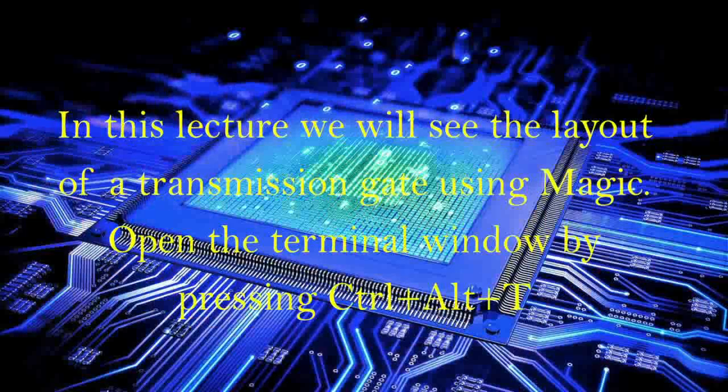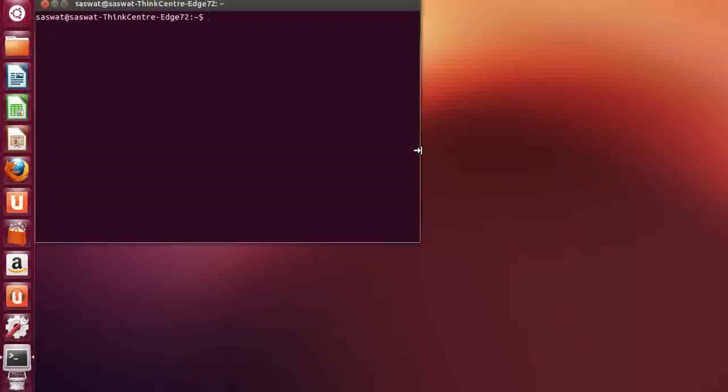In today's lecture, we will learn to draw the layout of a transmission gate. At first, open the terminal window by pressing Ctrl, Alt and T. Now this is the terminal window. Type magic